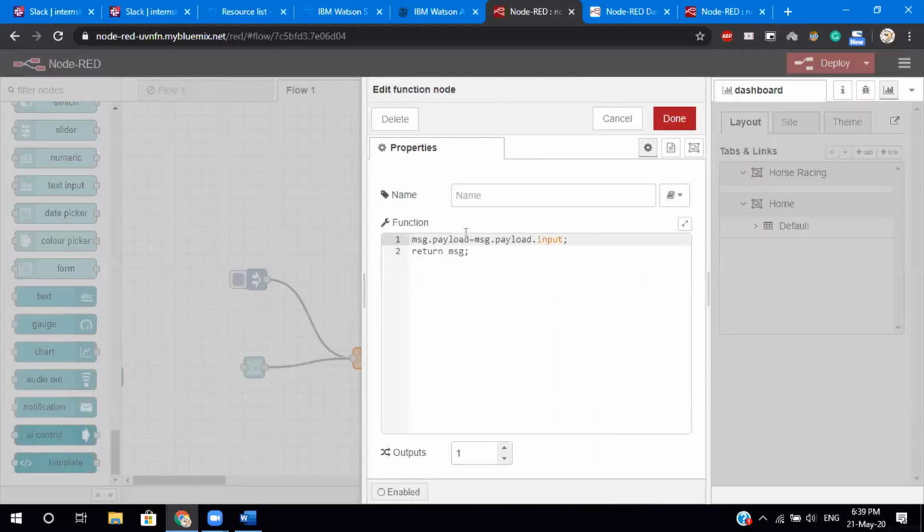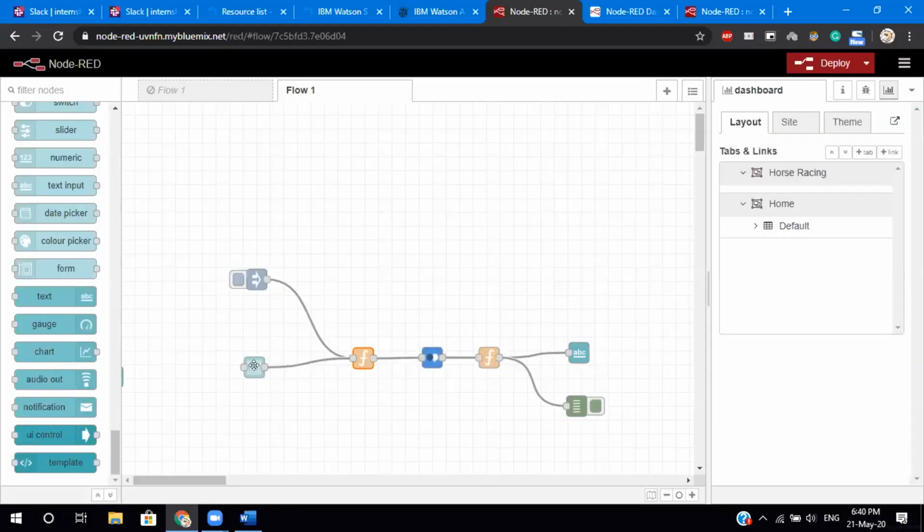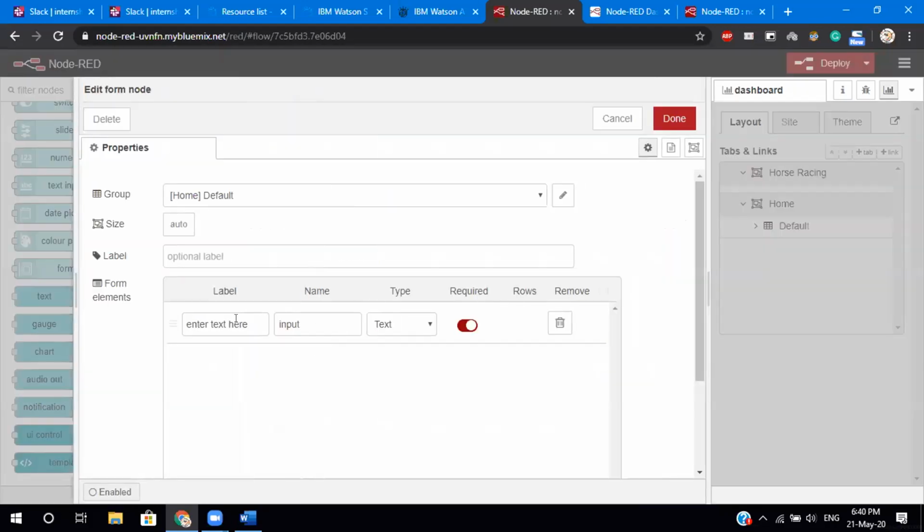Anything in Node-RED is a message object. In the message object, the output comes in the payload. So msg.payload contains your output or anything. When you give something in the form, suppose when I ask you to enter text here, some users will enter "hi", "good morning", something else.